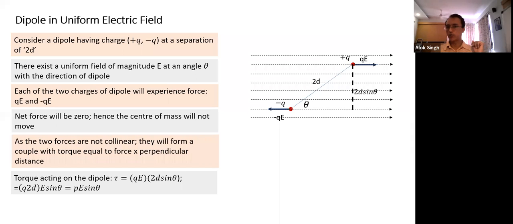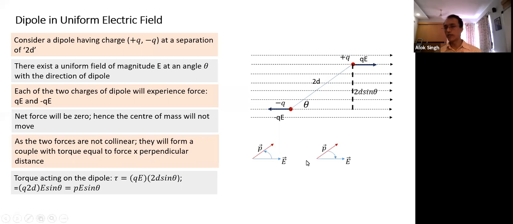The question is, should I write P cross E or E cross P? Suppose I write E cross P. In this case, the fingers should rotate from the first vector towards the second vector. So how should the fingers go here? The fingers should go along the direction indicated if it is E cross P. But is the torque acting in this fashion? Is the torque tending to rotate this whole thing in an anti-clockwise direction? No. So E cross P does not give you the correct direction.